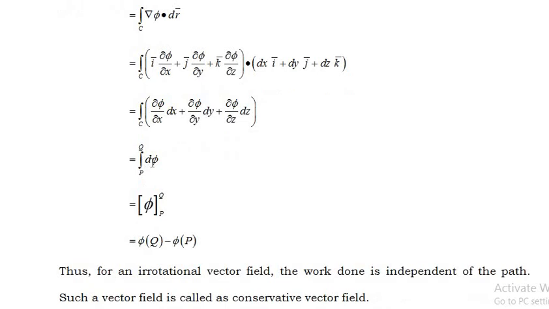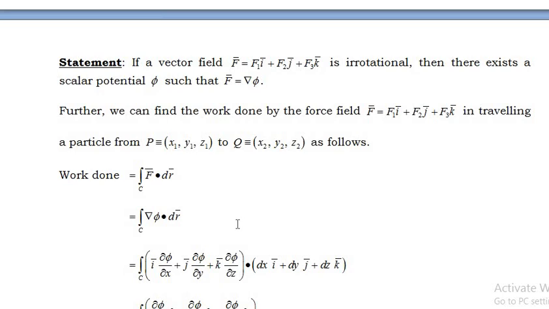So integration of derivative of phi is phi from p to q, that is equal to the expression of phi at the upper limit q minus the expression of phi at the lower limit p, phi q minus phi p. So here we realize that even though we are not given any path from point p to point q, still we can find the work done,